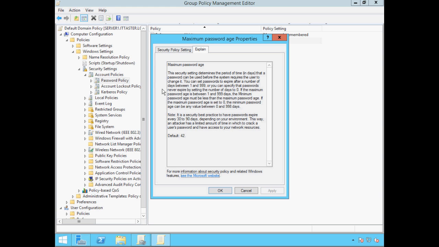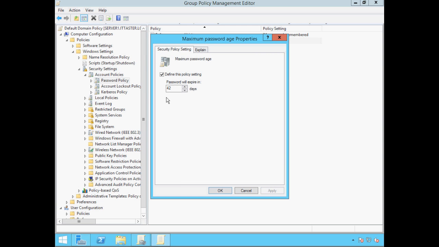Passwords can be set to expire from 1 to 999 days. Now you can also set passwords so they never expire by setting the number of days to 0. Security best practice is to set the maximum password age to a value between 30 and 90 days.